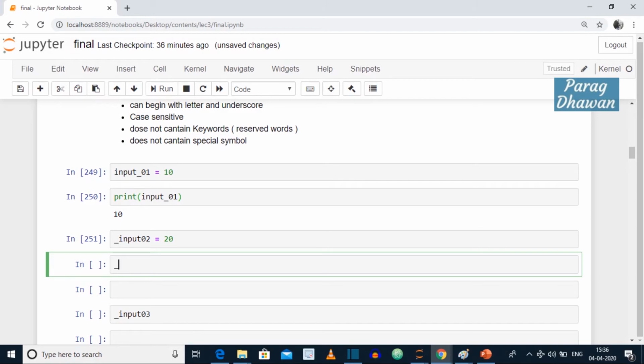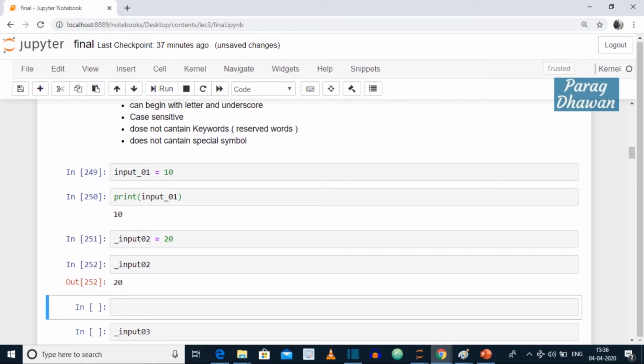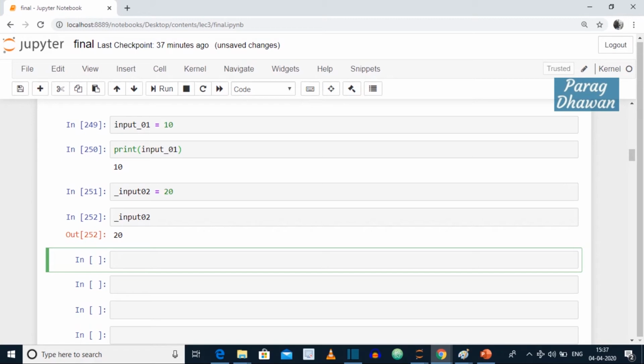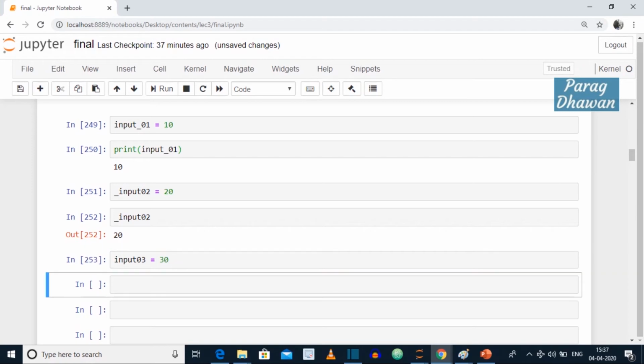If you run the cell input 02, it will give you output 20. Now we give a variable which is starting with a letter. Input 03. We assign a value 30 to the variable. Click on the cell, press shift enter, it will execute.